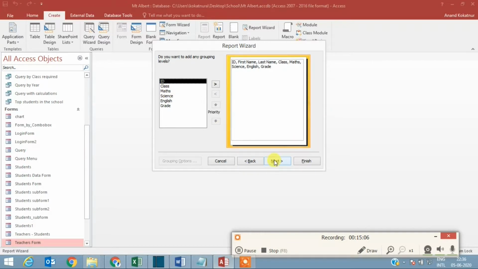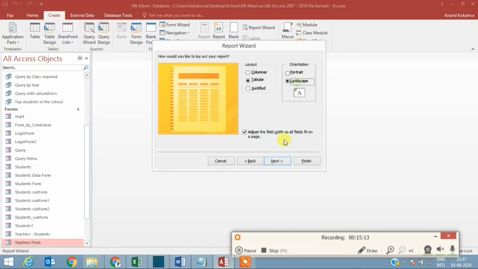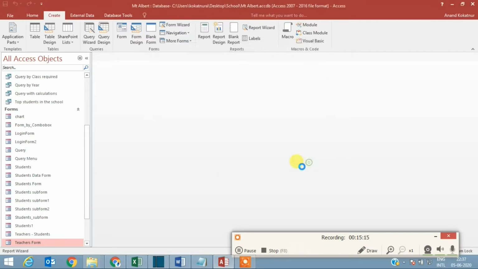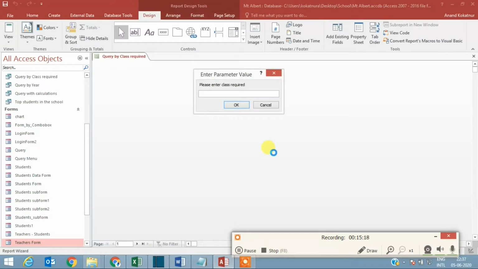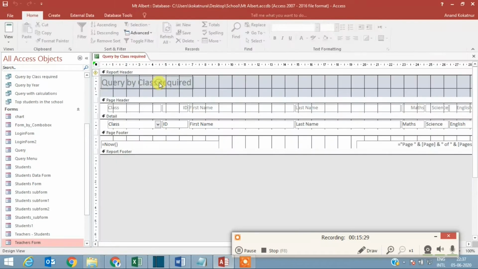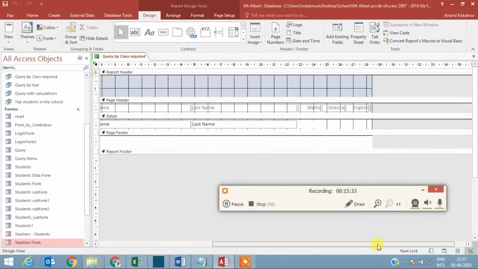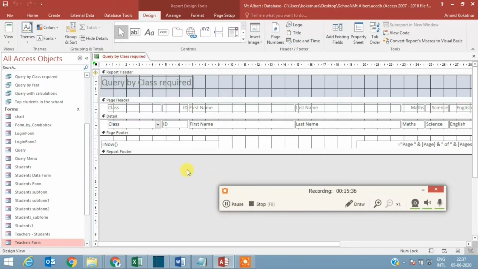If you want, you can add. Sorting can be done, maybe by class this time. It'll ask you which class you want. I'm saying year 9, and only those students will be displayed. So basically we are using a query to create a report. Again, same thing, I go to design. I've shown you enough examples how to format it because this will take a lot of time. Readjust it, and then you are ready for